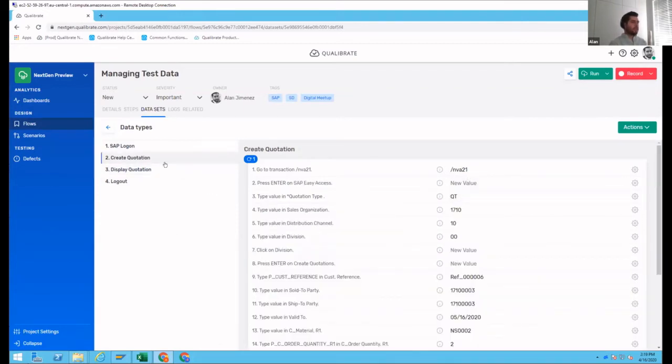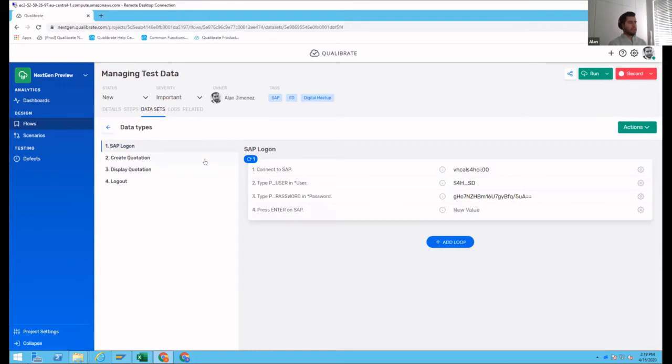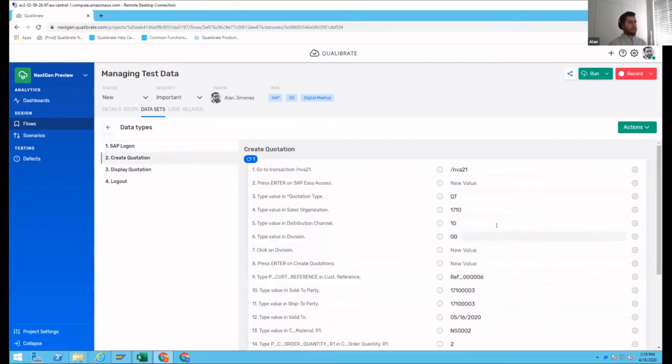So in the context of SAP, for example, here, if I go to the create quotation task, you can see that we have important data values, like for instance, the sales organization. These are fairly important, especially if you want to execute this specific process step with different enterprise master data elements.